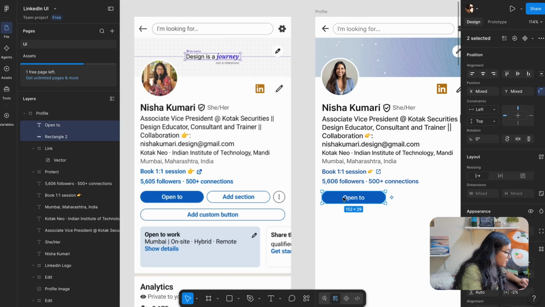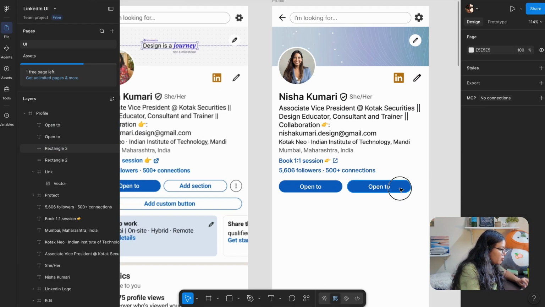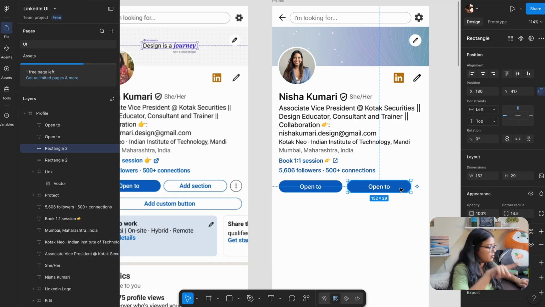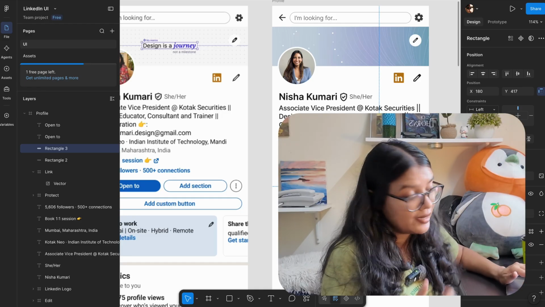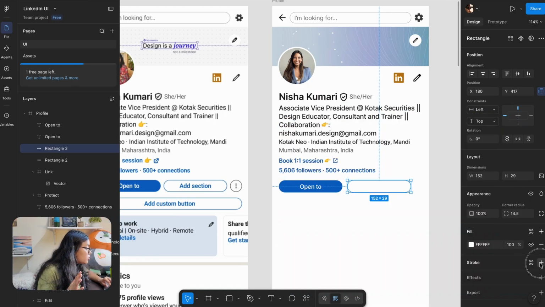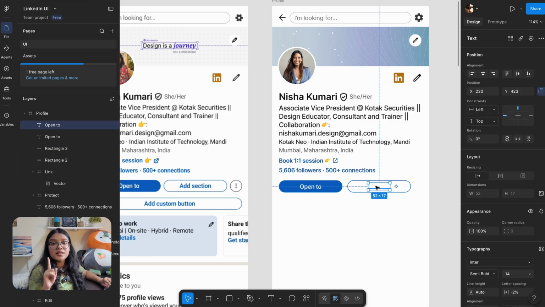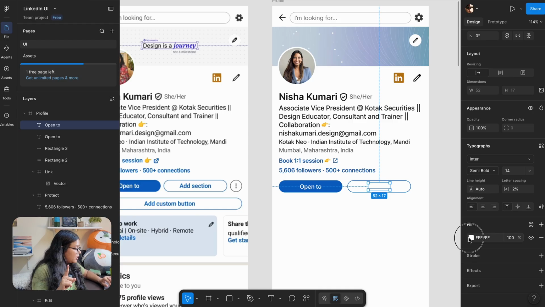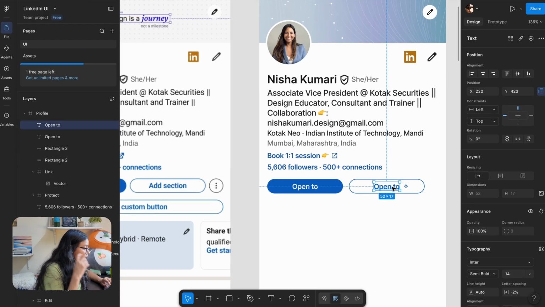I'm going to select both and duplicate, holding Alt and then click and drag. Now in this case, what do we have to do? This is a bordered one, so I have to make the fill white, and because the text was also white, now nothing is visible to us. Give it a stroke, which is technically the border, and make it the same color as the fill we gave for this button, so eyedropper tool. Then click this text layer and keep it the same color as this. And then change the text.